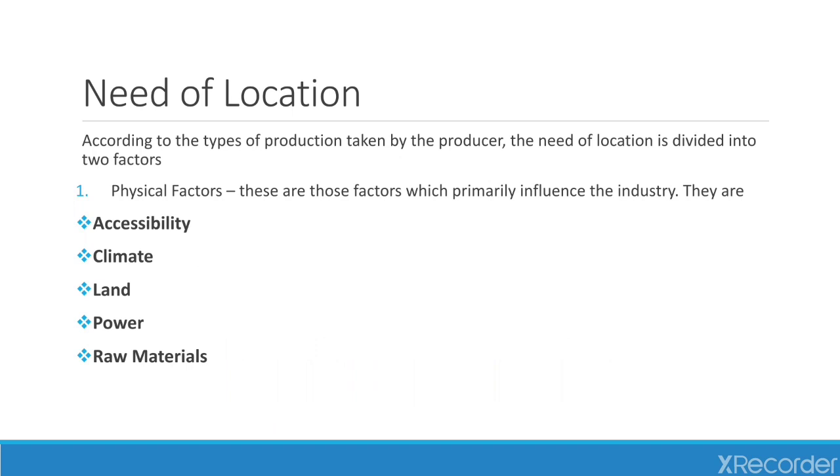Raw material. Old and heavy industries require a large amount of bulky raw material which was very costly to transport, and so the industry located close to them. Newer industries are described as footloose industries as they are not tied to being near the raw material, which is smaller and easier to transport.